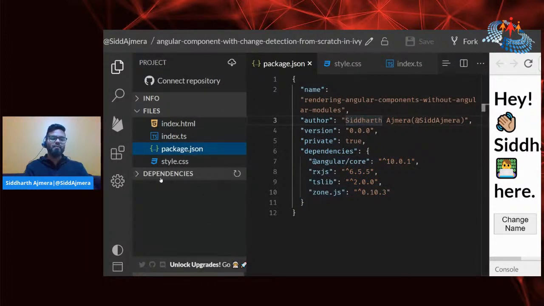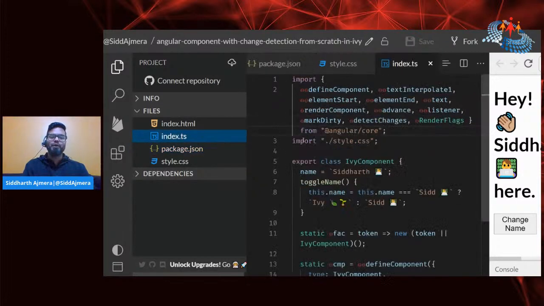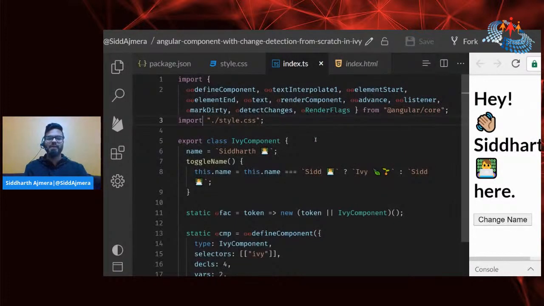Anyways, so what exactly is the trick here? Now remember that in one of the previous examples I said that whenever you compile an Angular component, the compiler adds a few static fields to the Angular component, and these static fields have all the necessary information that the Angular runtime needs in order to render a component and detect changes on that component at runtime, right? So that's something that we are going to manually type in,